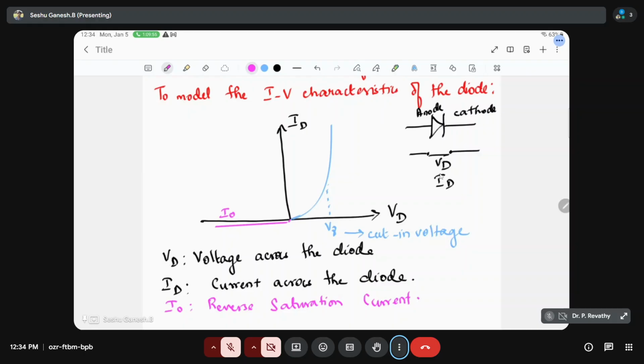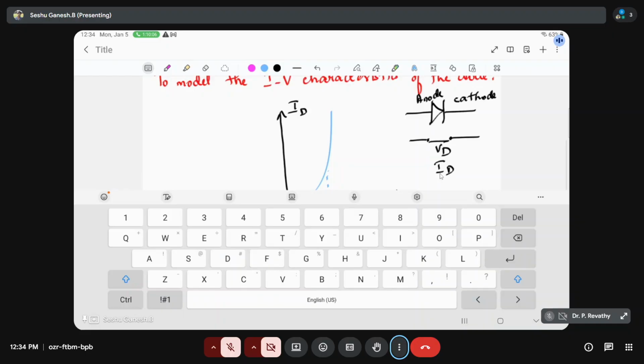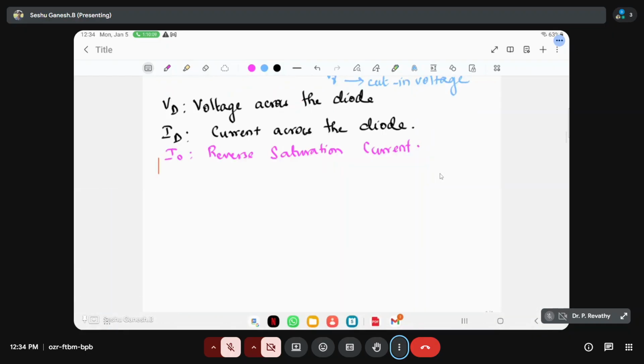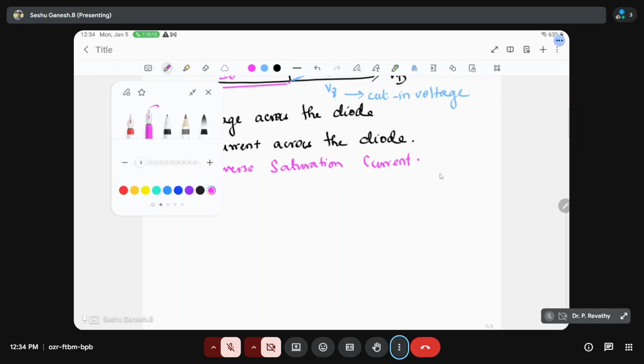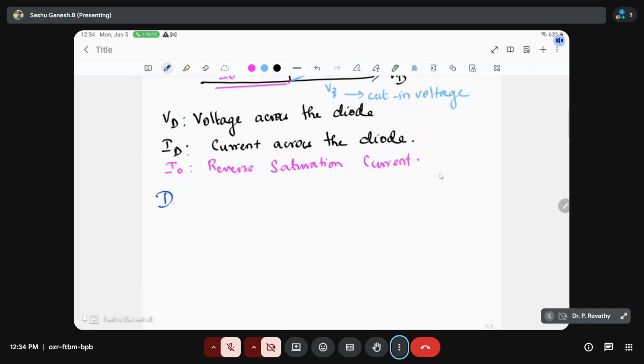Then now we can write down the direct current equation, or the diode current equation. Both are the same. I will write down the direct current equation. Taking down the direct current equation is very important. Direct current equation of diode